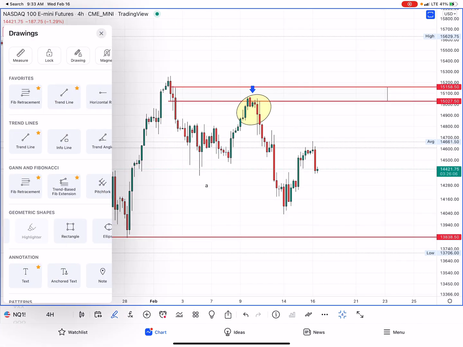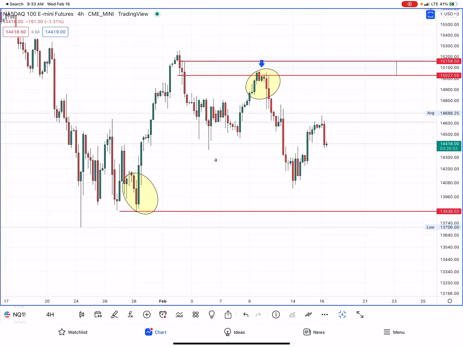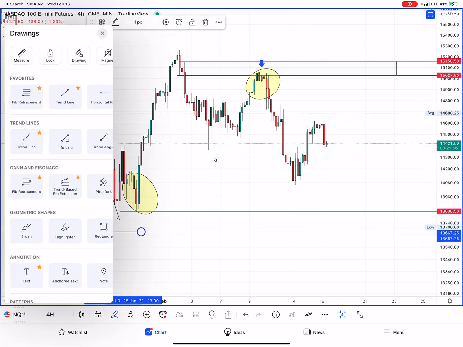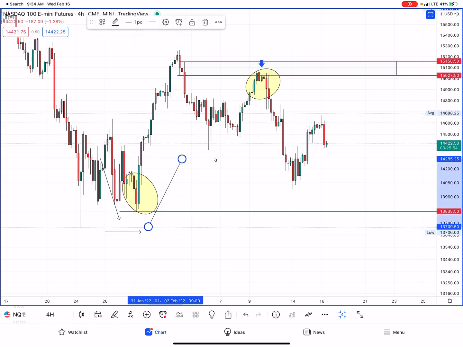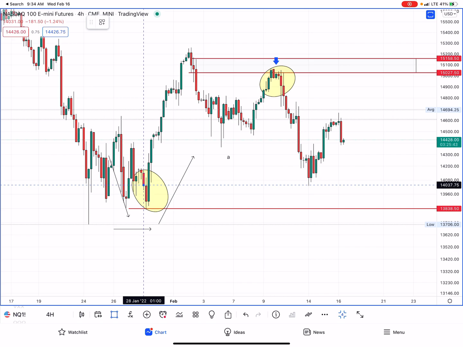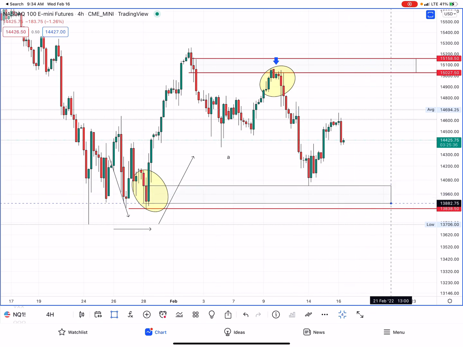Huge dump. And then this is another drop base rally demand zone. We draw it either from the body or the wick highs. So again, if you go on my website, I will actually show you the precise way that I draw them. But from the most recent open of the bearish candle prior to the rally, we extend it out here,